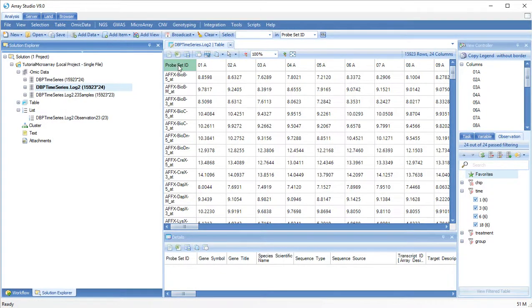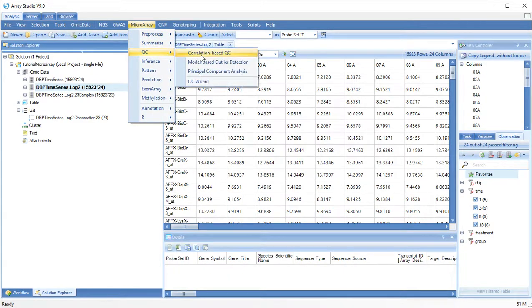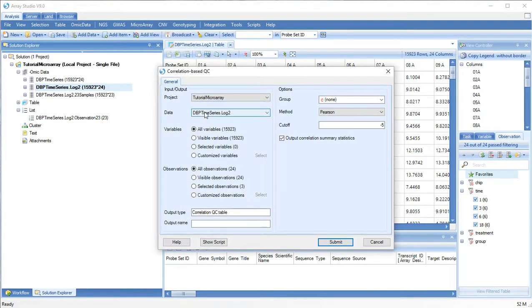Another way to run QC on your omic data object is correlation-based quality control. Choose your source data, which variables and observations to test. Name an output, and a cutoff. In this module, for each sample, its average correlation to other samples is compared to the set